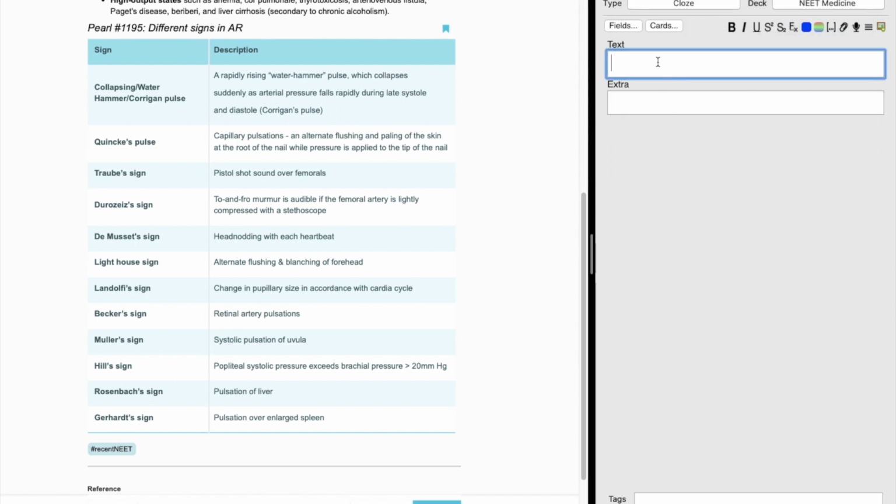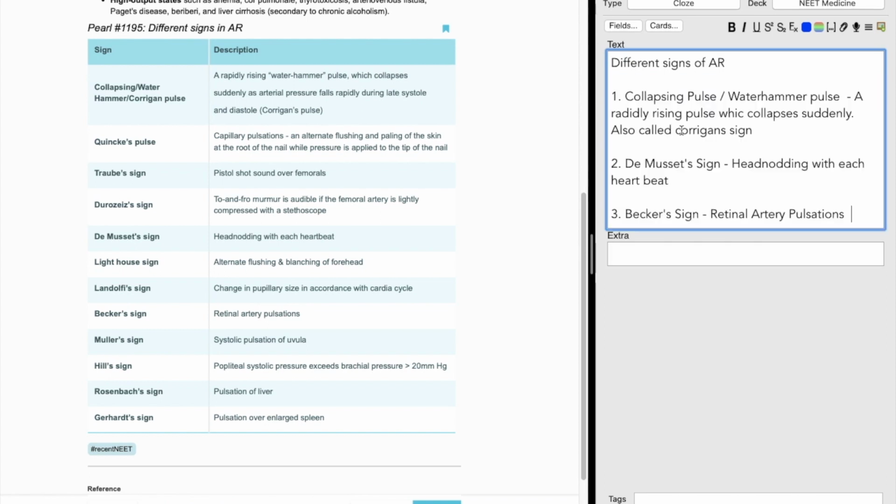Now I have the cloze card here and I'll write different signs of AR. So I have just noted down 3 of these important signs here: collapsing pulse, Traube's sign and Pecker's sign.